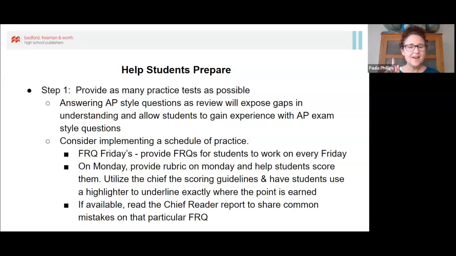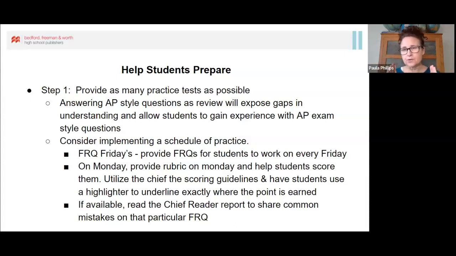One last thing on this screen, something that really is helpful for the students that you could implement from day one. You could start this at the beginning of the year when the students are answering FRQs. Make sure that you, as a teacher, don't feel obligated to grade everyone yourself. That can be overwhelming. It is a very good learning tool for the students to take a highlighter or a pencil or whatever, and either for their own paper or for a partner's paper to highlight or underline exactly where